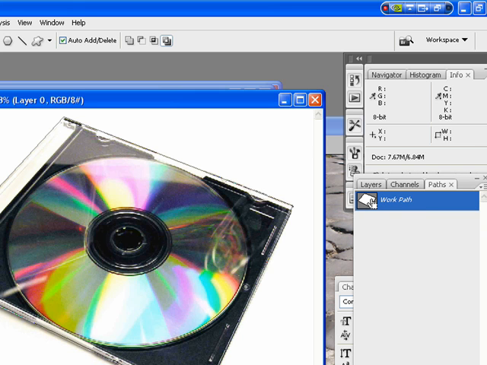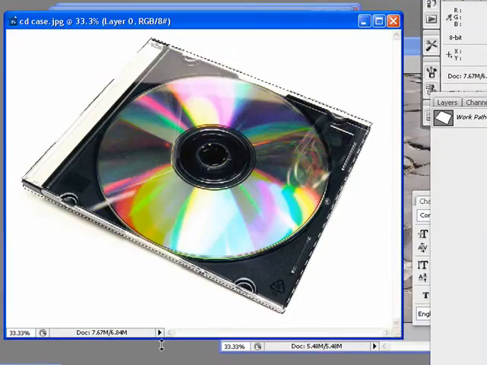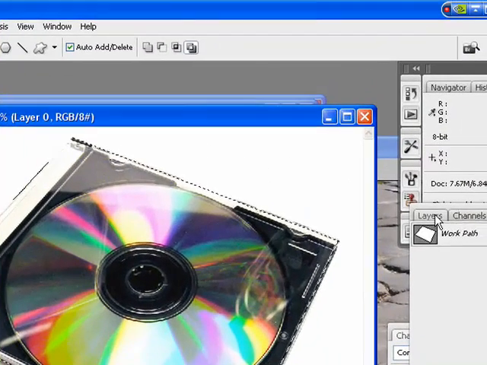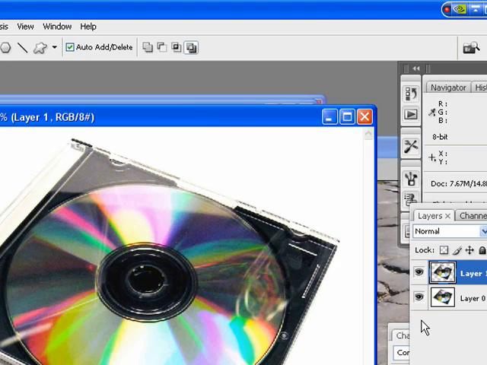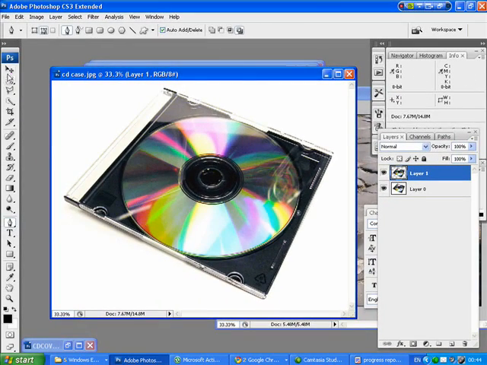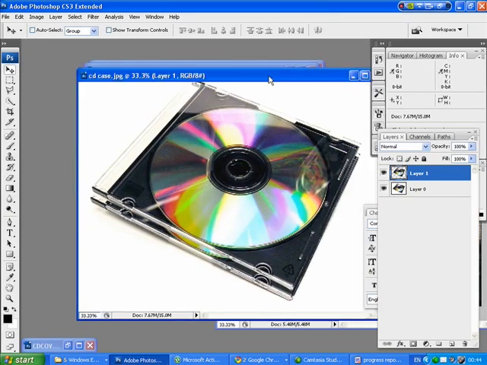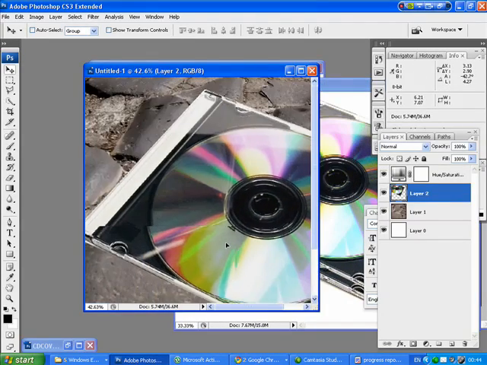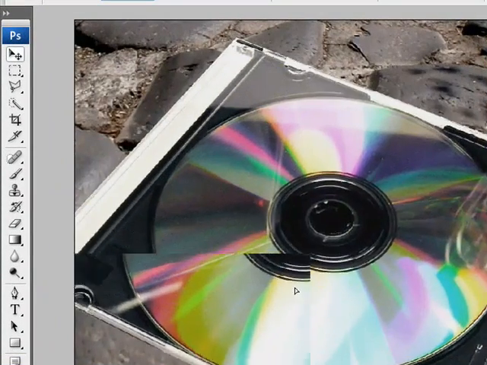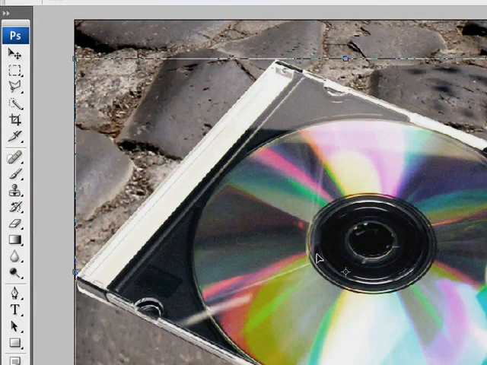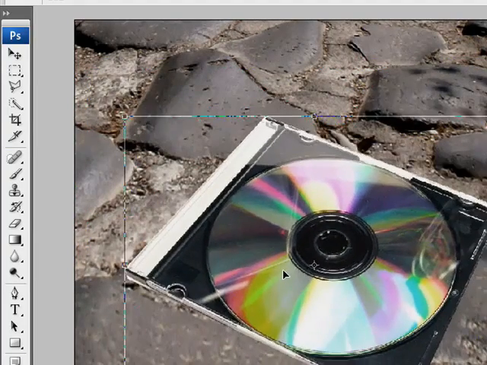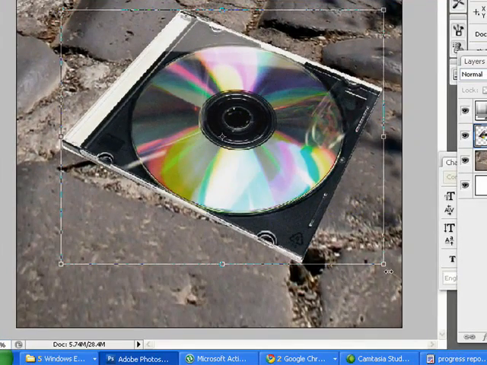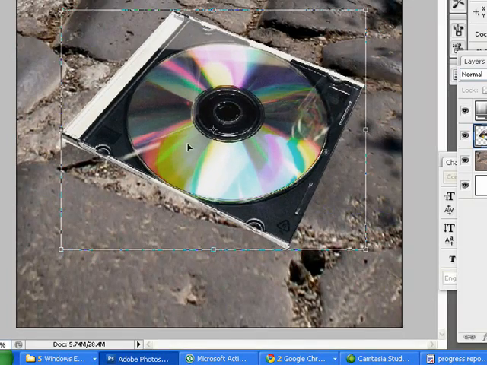Now if I hold down Control and left click on this work path here, it'll give me a selection. So with this selection I can go back into my layers palette and hit Control J, which will put my CD case on its own layer, as so, and then I can just click and drag this layer into my final piece. So what I'm going to do now, Control T or Edit Transform, and just resize the CD case to somewhere around, maybe a tiny bit smaller, somewhere